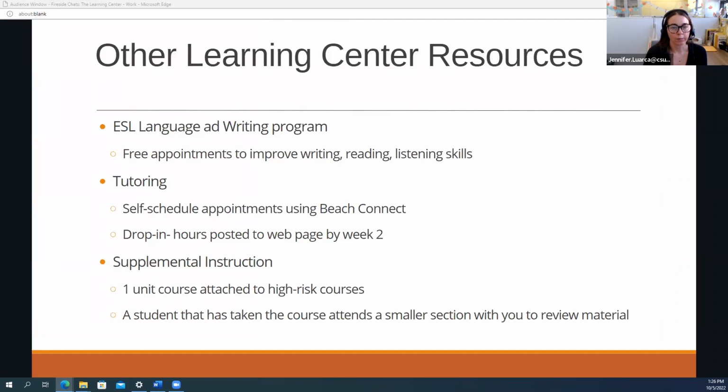And just to give a little more background, aside from academic coaching, in our office, we have an ESL language and writing program, which helps students. It's not just for students who speak English as a second language. It's for all students who may need a little help with literacy development, reading, writing, listening skills. Then we have our content tutoring, which is tutoring in the subjects. So our more traditional thought about what tutoring is, it's going to be for math or humanities or bio, right? Those challenging kind of GE courses.